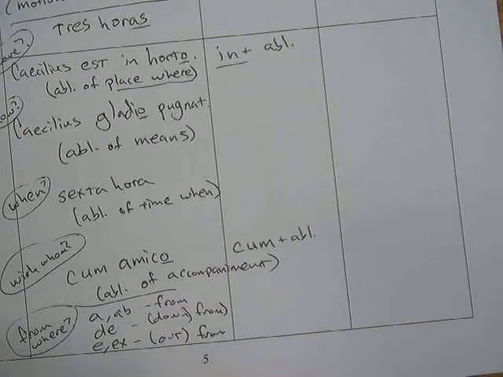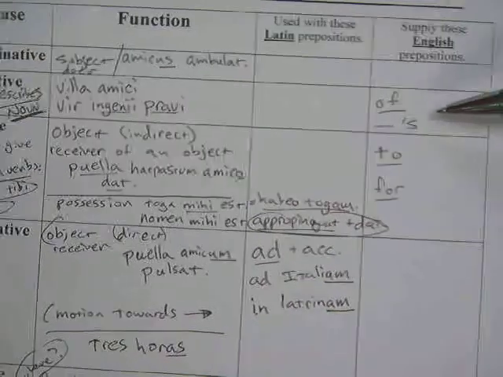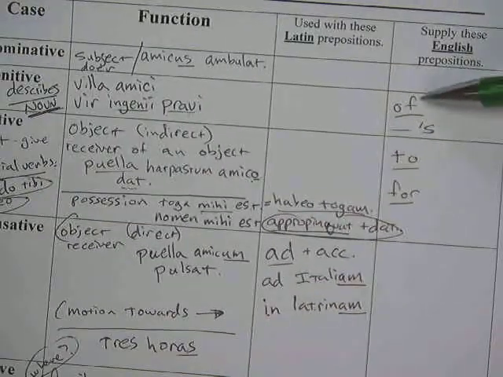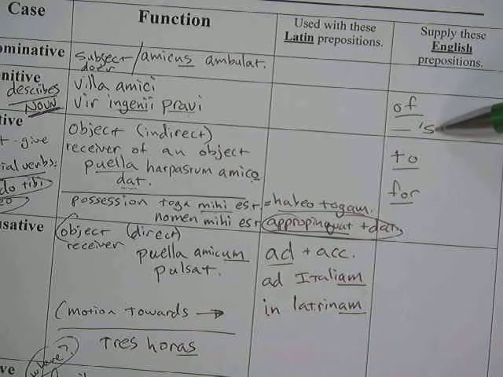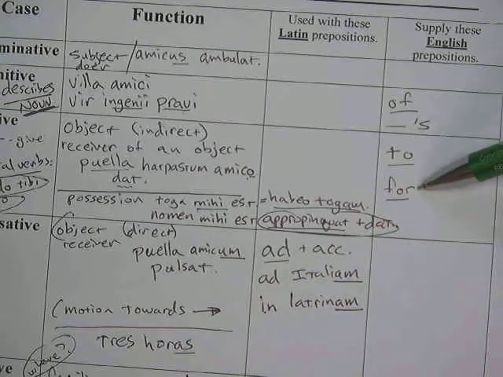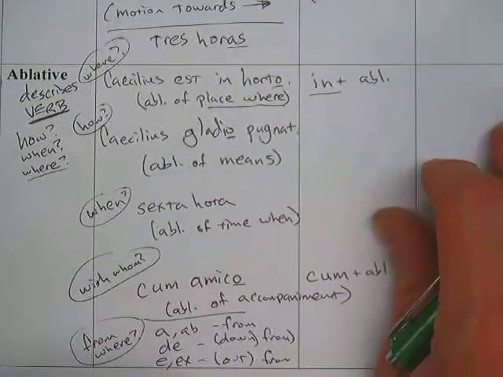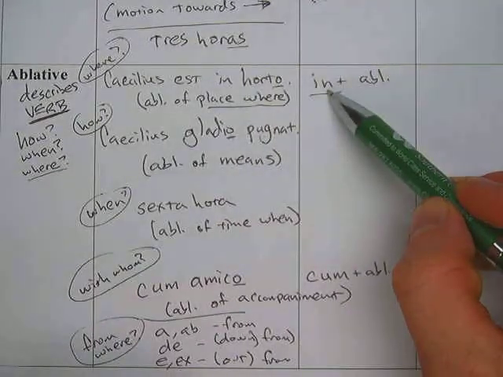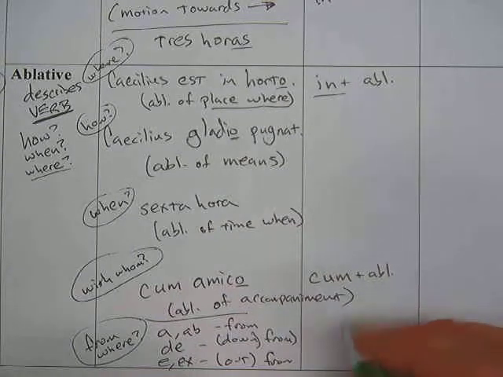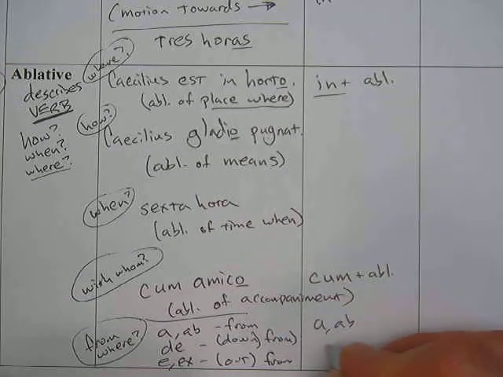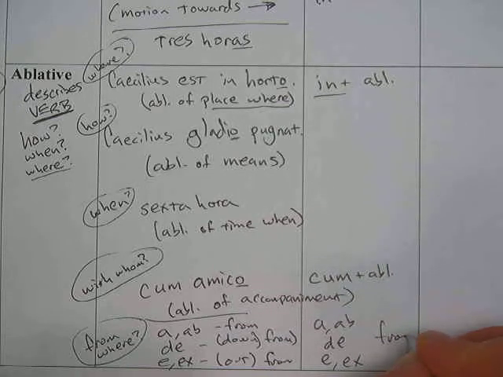But one thing I forgot to mention on the ablative that I think is really helpful: we talked earlier about how with the genitive it can be really helpful to add in those English prepositions of, or the apostrophe s thing, or with the dative to add to and for. And those are just good general rules that help make those cases make sense in English. Well, the ablative, you notice a lot of times it appears with prepositions like in, or with cum, or with ab, with de, and with ex, which all basically mean from, right? And those all go with the ablative.